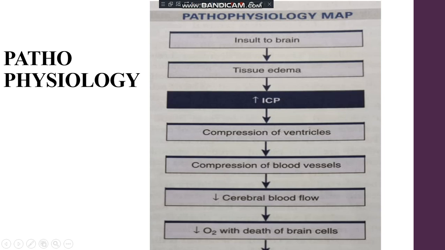Here the blood supply is decreased, so oxygen is decreased again. So the brain cells will die. Decreased O2 with the death of brain cells. Clear. So due to any injury, edema will happen. That will result in increased ICP, compression of ventricles, compression of blood vessels, decreased blood flow, then decreased oxygen with the death of